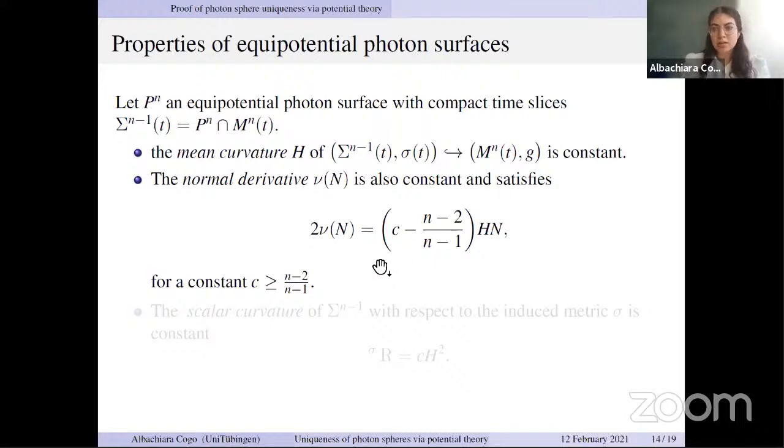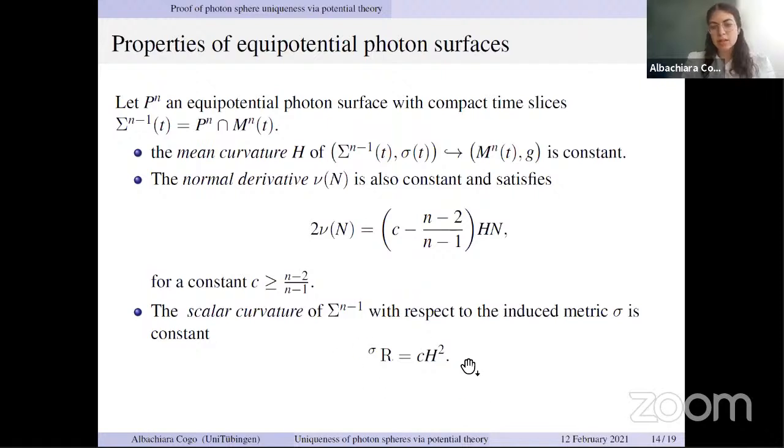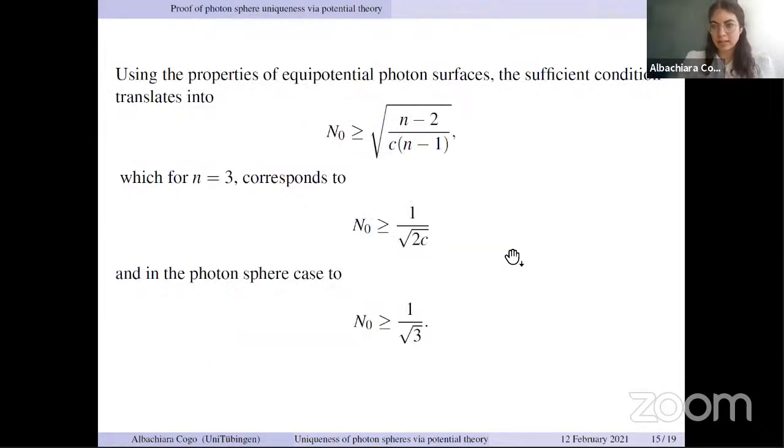This parameter c actually identifies the type of equipotential photon surface that we are considering. And in dimension 3, if it's equal to 3/2, we have a photon sphere, which is just a specific case of it. And then finally, we also have that the scalar curvature is constant, and it's related to the mean curvature by this identity. So we are going to use these identities to rewrite the previous